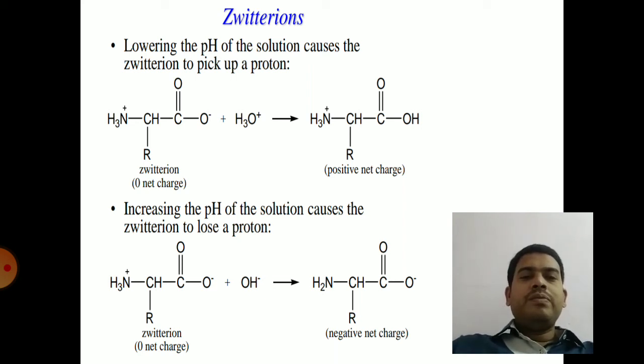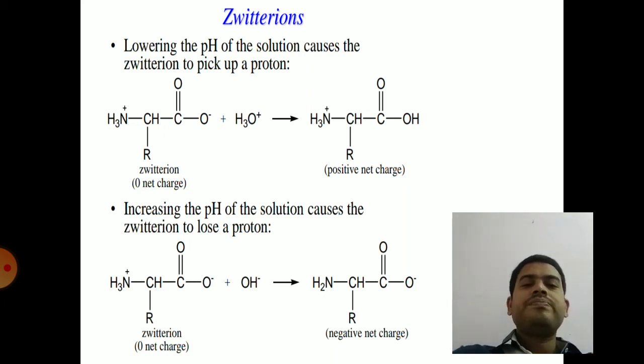If you lower the pH, that means you take the pH to the acidic side, then an H plus ion is accepted by the Zwitter ion. Then the Zwitter ion is converted into a cation, which has a positive charge. You can clearly see the structure on the left top, Zwitter ion plus H3O plus, that means H plus ion in acidic condition converts the Zwitter ion to cation. So the H plus ion will go and bind to the carboxyl group, converting it into COOH. Then only the amino group charge is present, then it is called a cation.